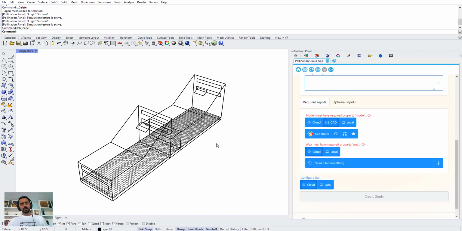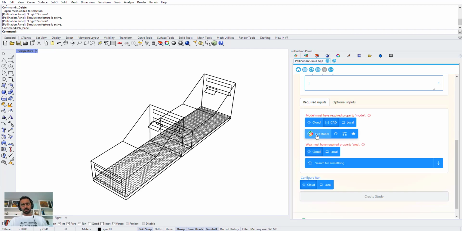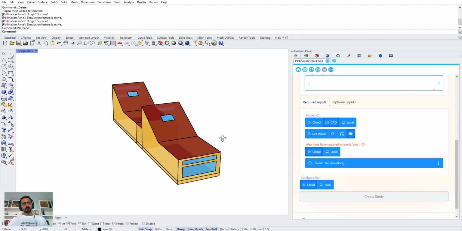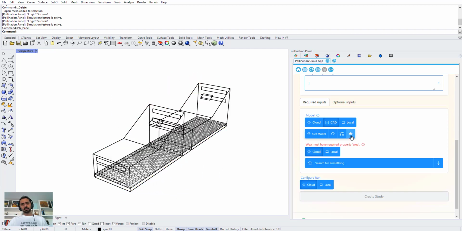But the good thing is now if you want to load the model, you don't have to download it or save it as HBJSON or any other format. You just can do get model, and the model will be loaded into the panel. If I click here on this preview button, you will see that it's selected correctly